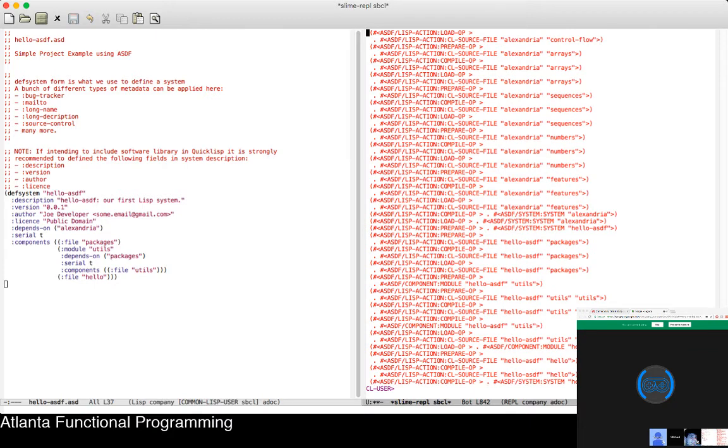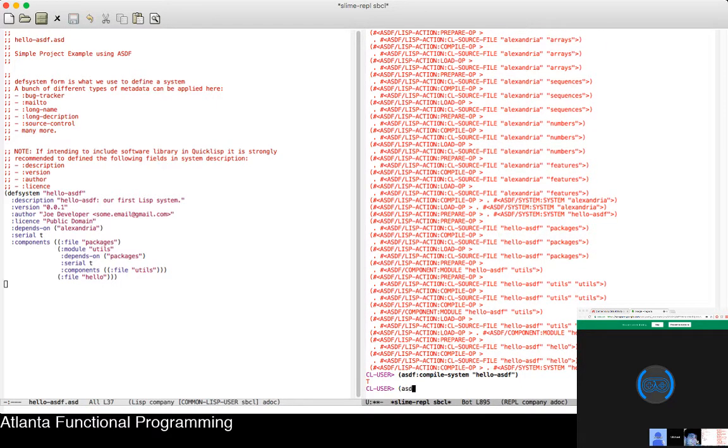And you could do this for every stage of the process, and ASDF provides a lot of different operations for different stages. Like I said, only a fraction of those have been exposed as convenience functions, just based on your day-to-day, and I've essentially showed you the main ones, which is compile system, load system,